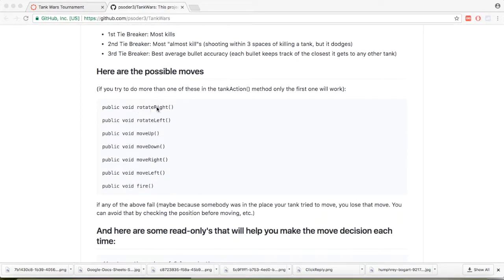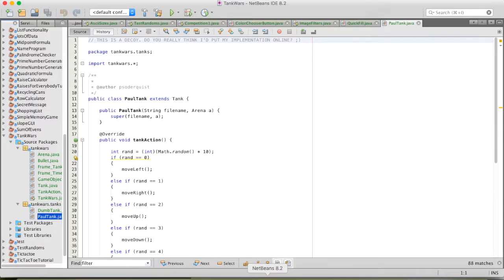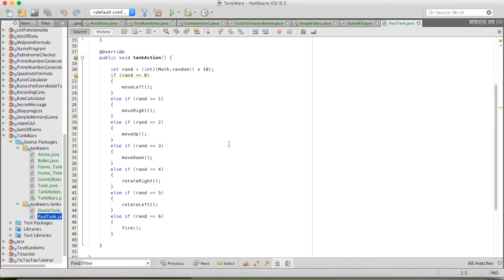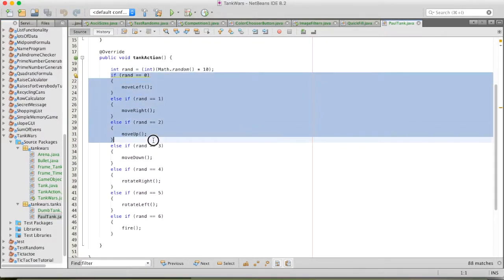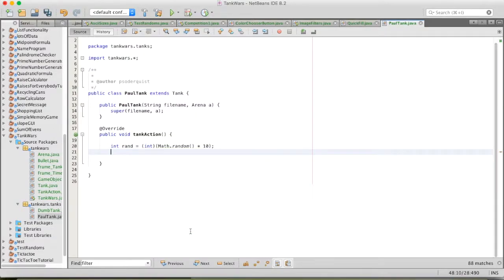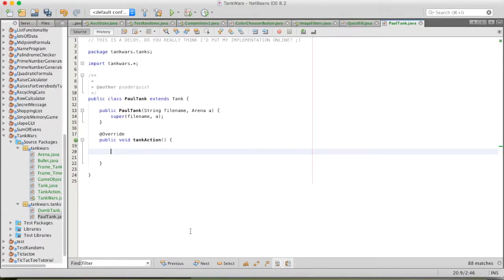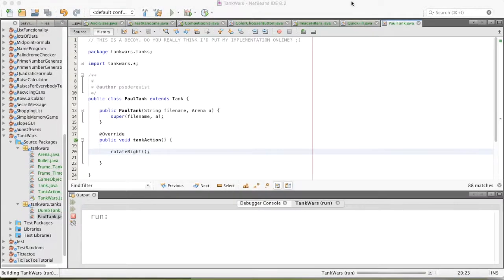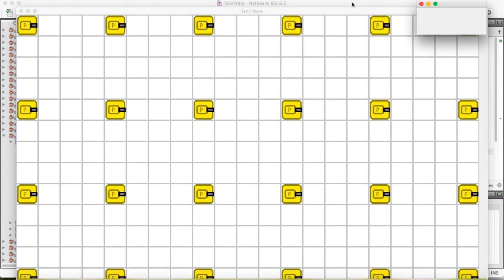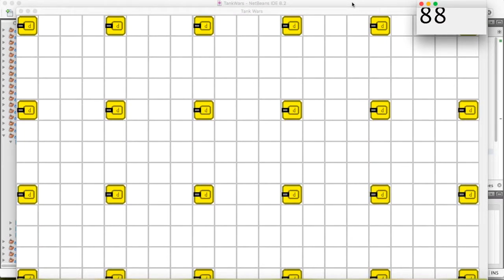So we have one called rotate right, and it doesn't return anything. See, it's a void function. So let's just make it so our tank always rotates right. Rather than doing this random stuff, I want to start fresh and show you what it would be like. So we could just say rotate right. Now the Paul tank will always rotate right. So the timer starts,